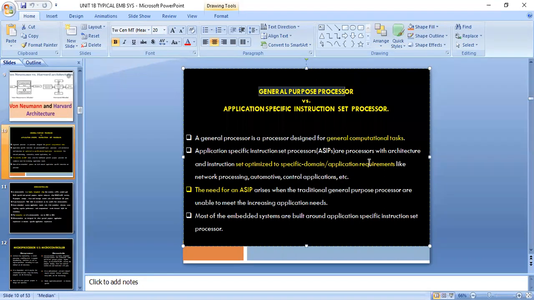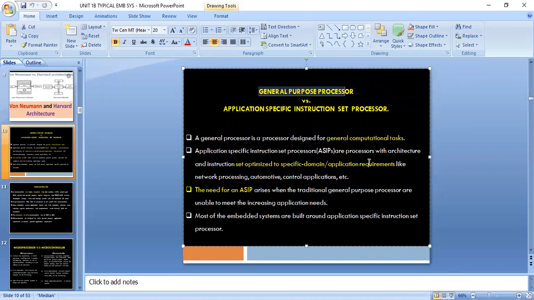When it comes to ASIC, application specific instruction set processor, we cannot remove that. We means end user. We are not developer in this scenario. We are end user. We cannot remove that ASIC from the air conditioner. We cannot place that in the microwave oven. That is the difference between general purpose and application specific.